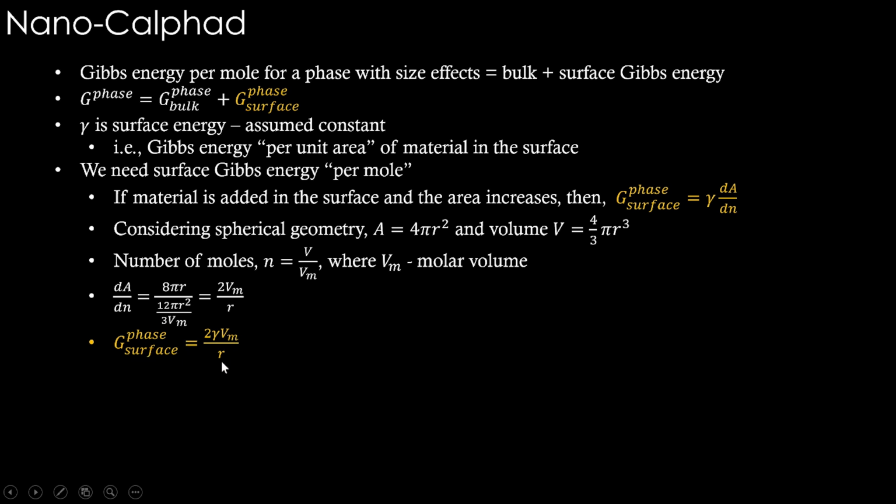So this is a very important expression, because this is what we have to include here and add to the bulk Gibbs energy. We have all the Gibbs energy databases with us. We have to add this to that, but this has to be suitably modeled and added. The composition dependency and temperature dependency are to be done for this, and then added to the bulk Gibbs energy that we already have in our databases. In that way, the database becomes usable for nano-sized materials.